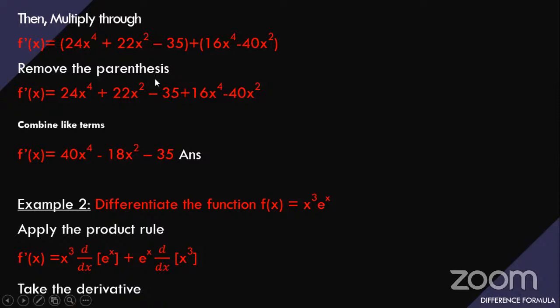If we remove the parentheses, what we are going to have will be 24x raised to the power of 4 plus 22x raised to the power of 2 minus 35 plus 16x raised to the power of 4 minus 40x. So if we combine like terms, you can see we have 24x raised to the power of 4 and 16x raised to the power of 4. So if we combine these like terms, we have 40x to the power of 4 minus 18x raised to the power of 2 minus the constant